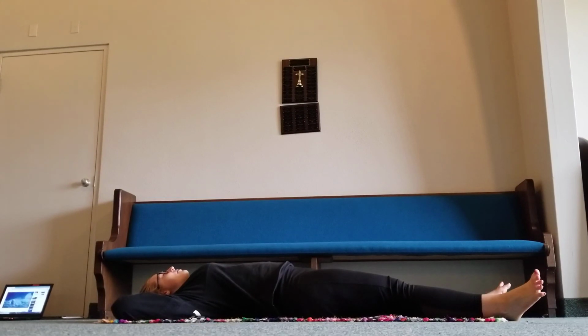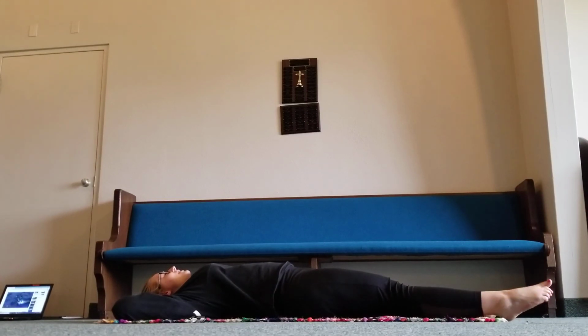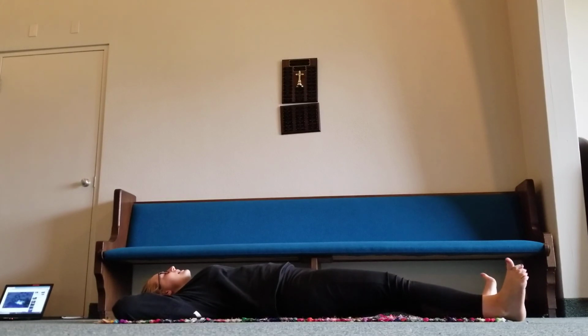And with every breath, let's bring in the power of that sunrise. And with every exhale, let go of anything you don't need, any worry, any fear, anything you've been holding on to. Let it go. Let's imagine that the beautiful colors of the sunrise and that positive energy is flowing into our